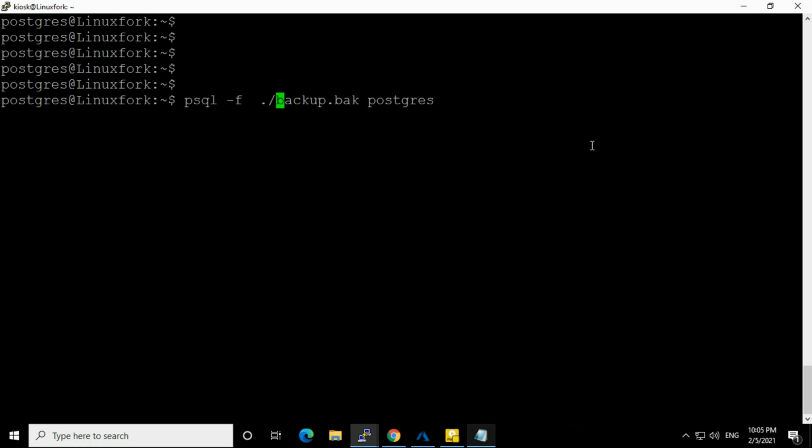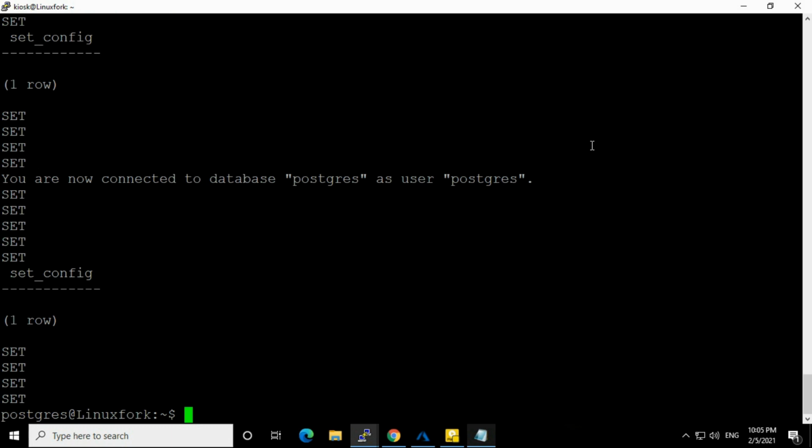Because I have taken the backup file in the current directory, I am putting that path. If you have taken it somewhere else, you need to put the exact path where your backup file is present. So the command is -f, path of the backup file, and then username. Just enter.